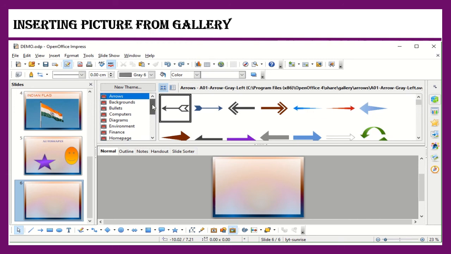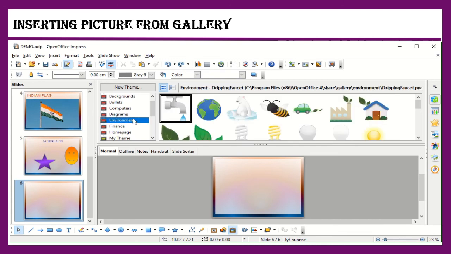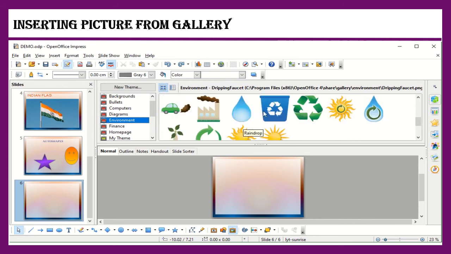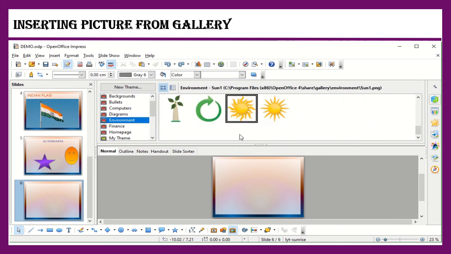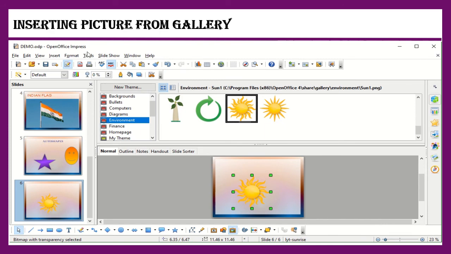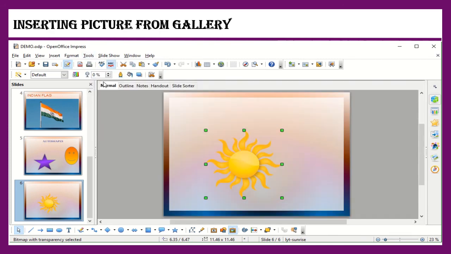For example, I am selecting environment theme. And you can select any of the required pictures. For example, I am selecting sun. Just click on this and drag and drop this, children. So like this you can insert a picture from the gallery.